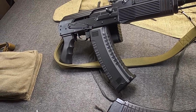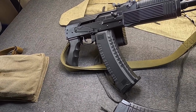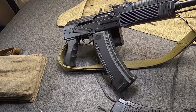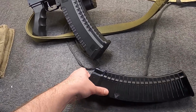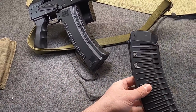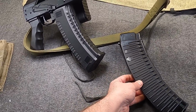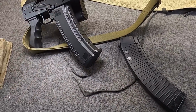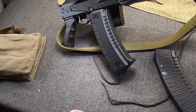The VEPR series comes with a 30 round mag, at least in 5.45x39, and certainly they can feed from AK-74 mags of all types, but the 45 rounder was a standard. They had tried out making a drum mag for the original RPK-74, but it never went anywhere. The 45 round mag was a compromise. Although in the 21st century,